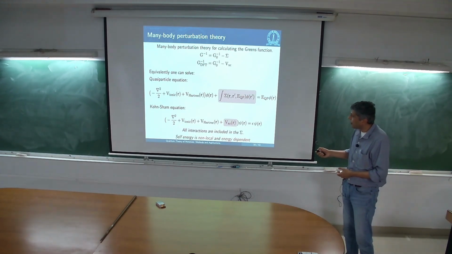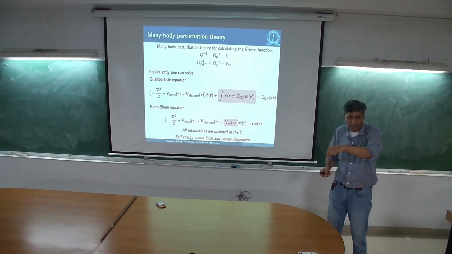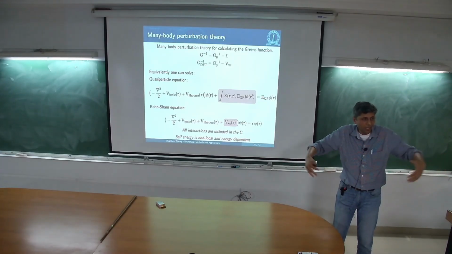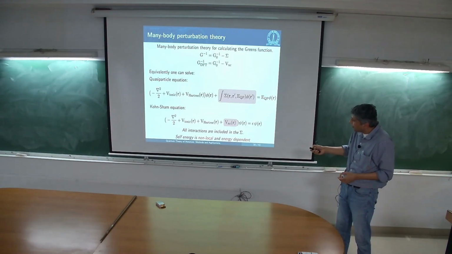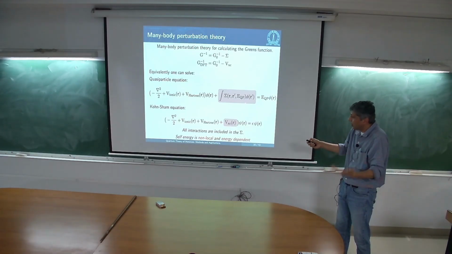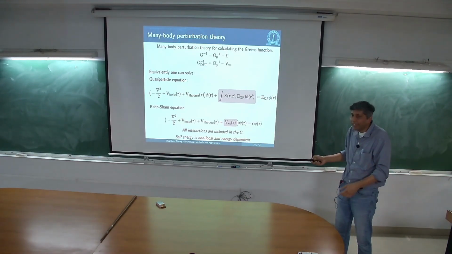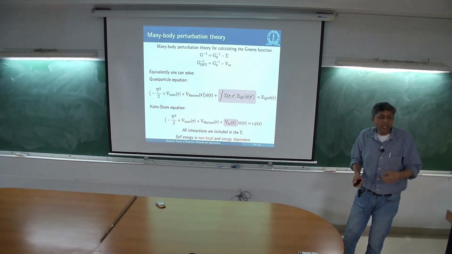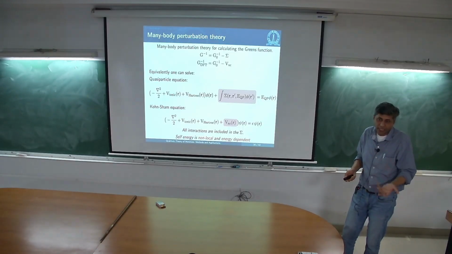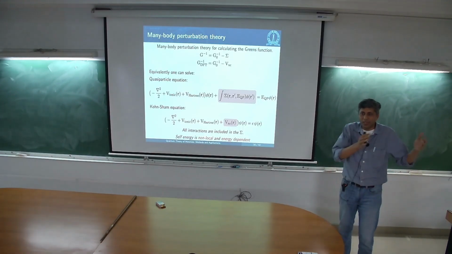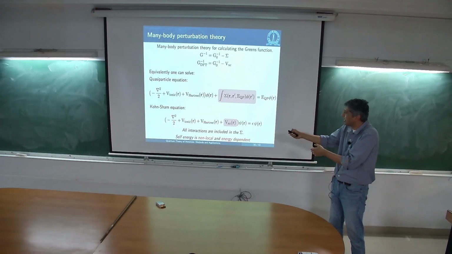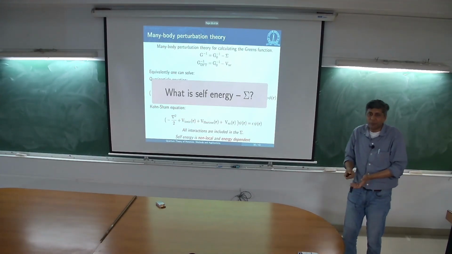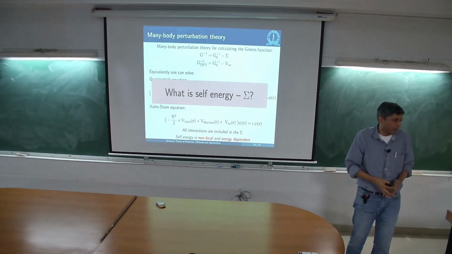So they look similar, except instead of this exchange correlation functional, now I have this self energy, right? So all my interactions, so basically I added this particle, it was talking to the rest of the system. All of that information is now hidden inside this. This object is no longer local, it is non-local and energy dependent now. So I need a way in which this can be calculated, right? I moved a little bit forward, but now I need to know what the self energy is. So the question then becomes, what is the self energy that we are trying to calculate?